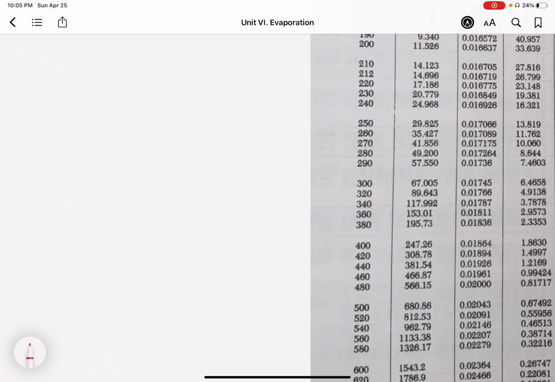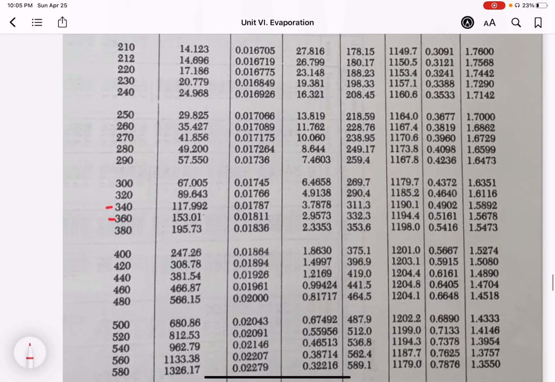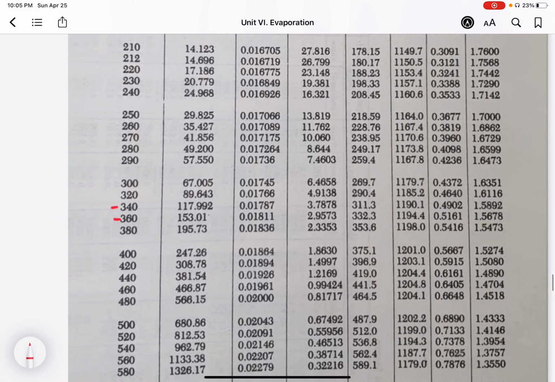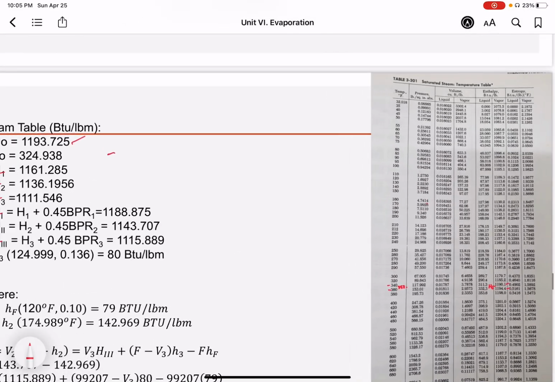So where is 352? It's in between 340 and 360. By doing interpolation for the value of the vapor, 1190 and 1194, to get your temperature, 352 point something, interpolate to get your H sub O. And by interpolation, you get